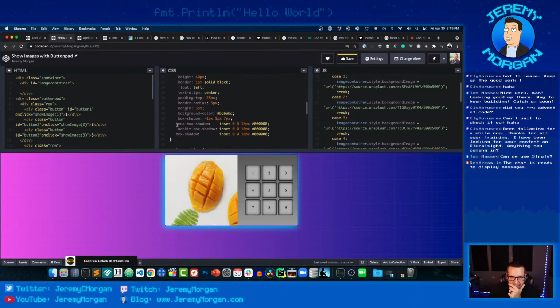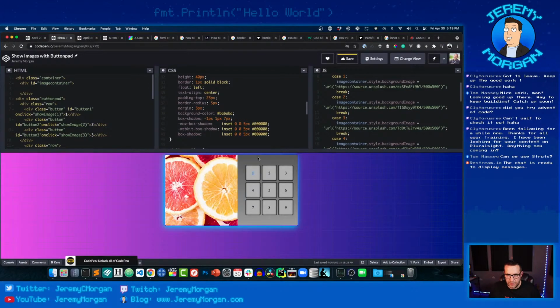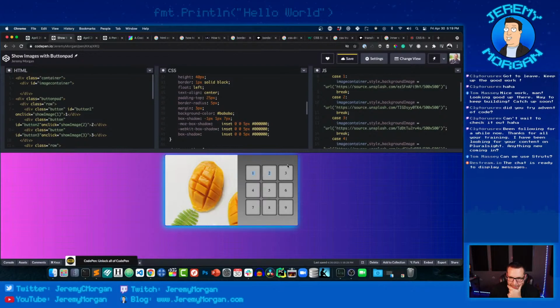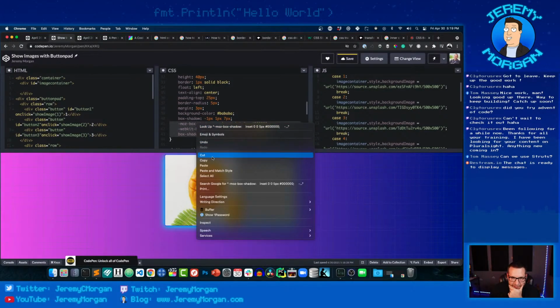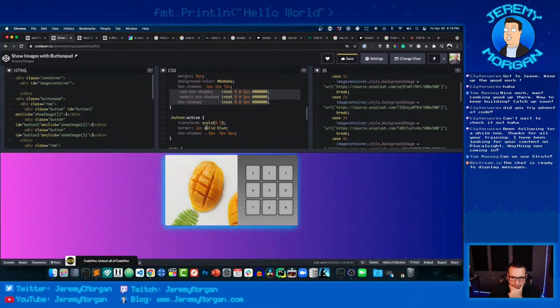Well, we've got a little inner shadow here. And I don't know if I even want this much inner shadow. So I'm going to bring it down to 5. That's a little more like it. Now when I click on it, I still want some inner shadow, but I want a little bit less inner shadow. Maybe even brighten it a little. Let's see. So when it's active,